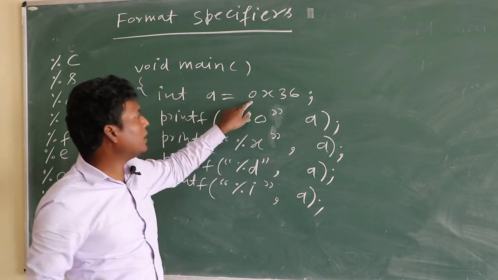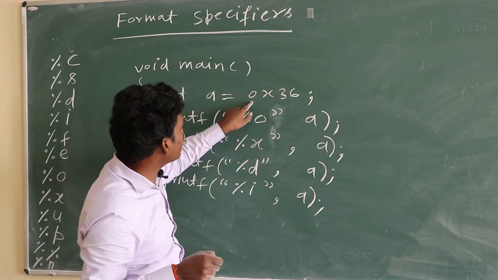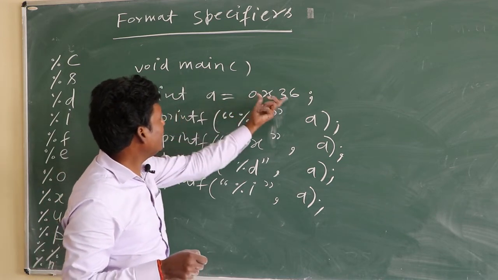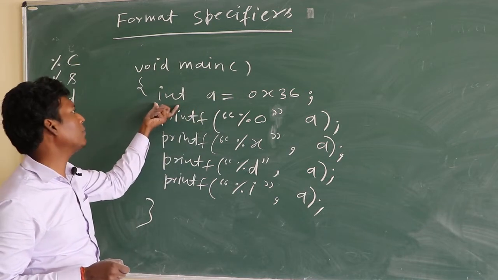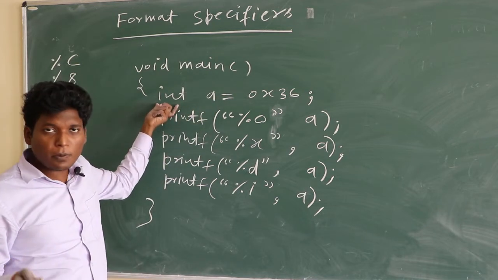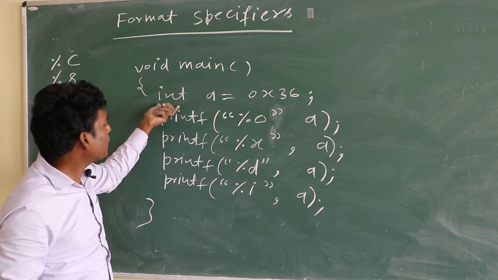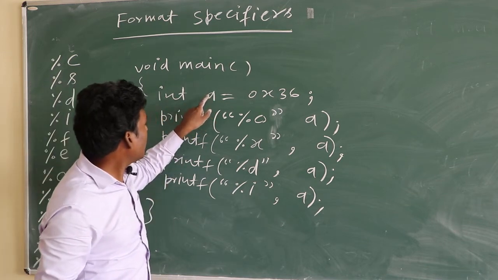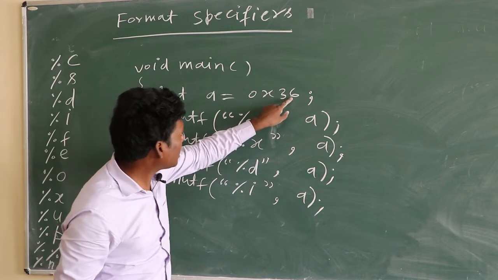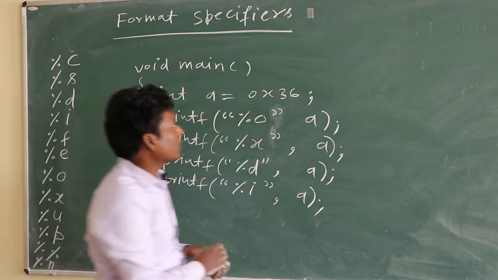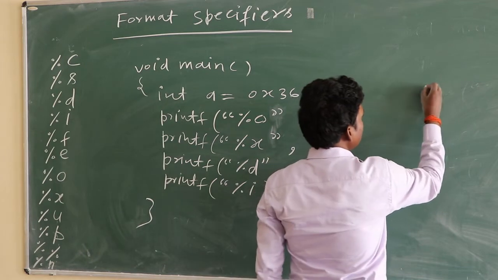This integer number is in the hexadecimal number system. So this is the integer constant, this is the integer variable, and this is the integer data type. All are the same, so there is no syntax error. So a has value 36, that is in hexadecimal number. So hexadecimal number here,